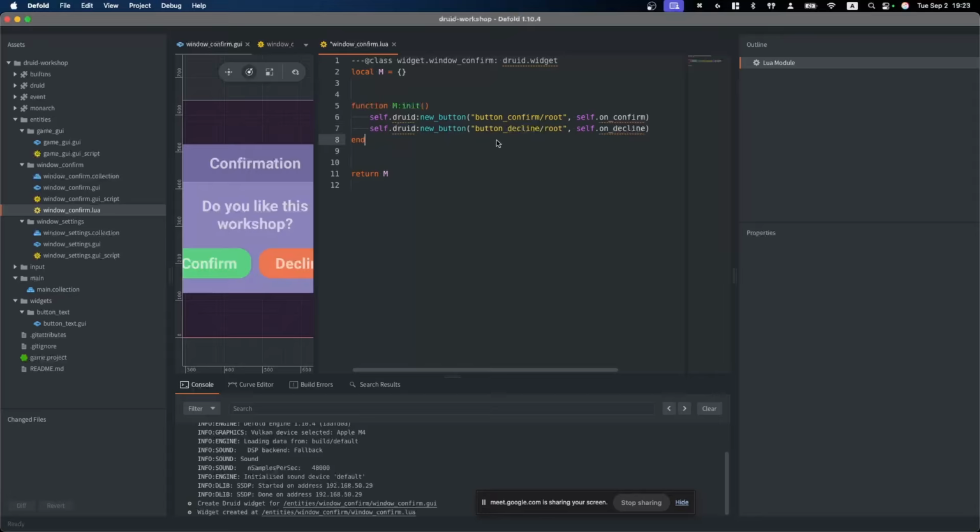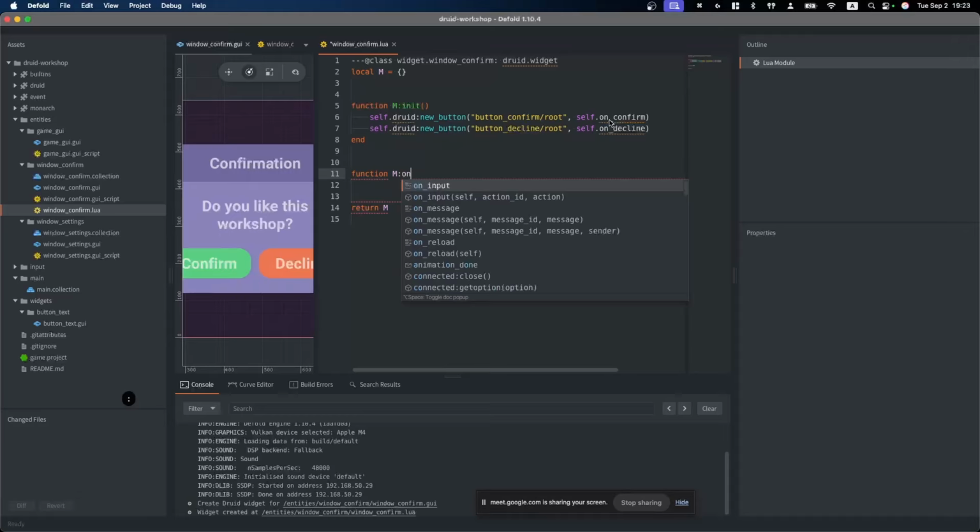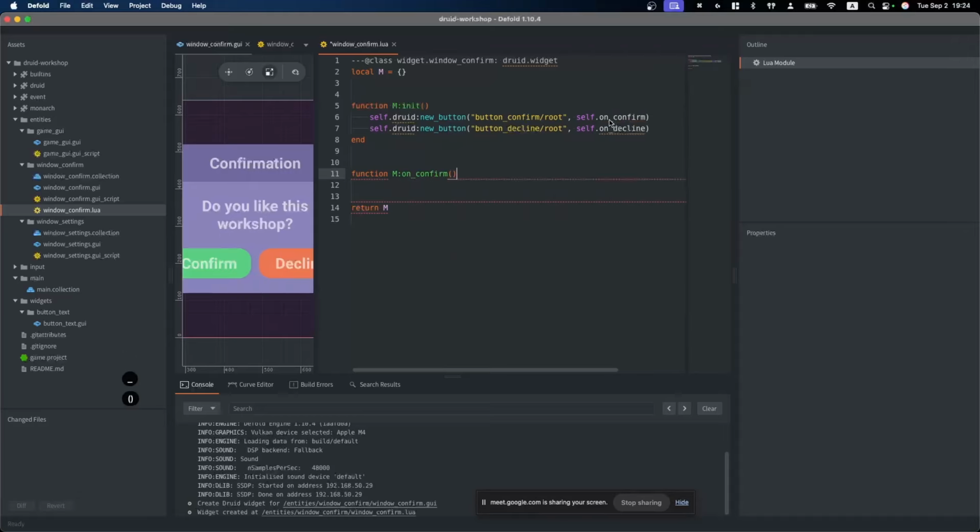And now we can use functions below the init function. But it's an object. It's part of the M module. So we need to write M and the name of our function. On confirm, this function, confirm, and the same for decline, I think.